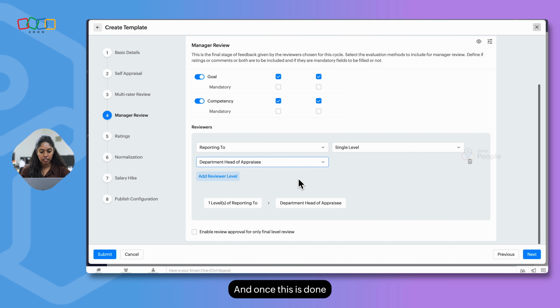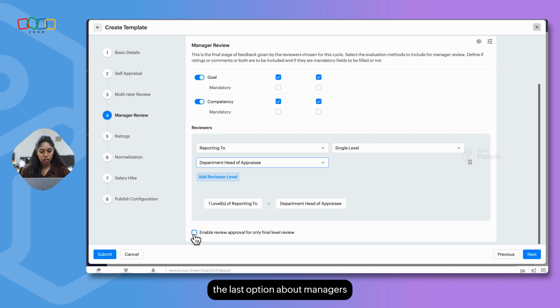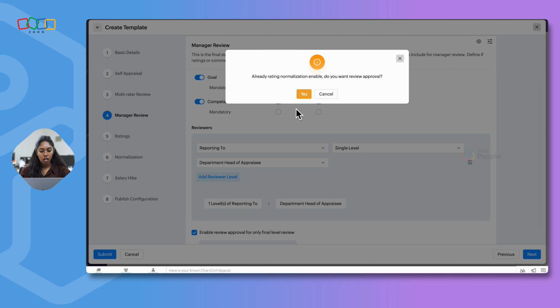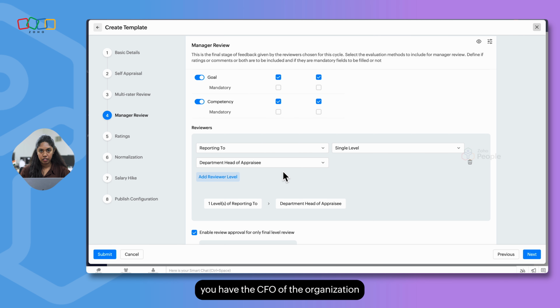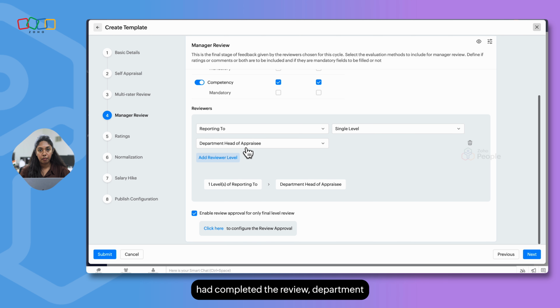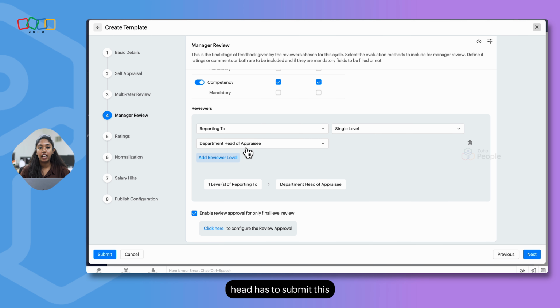And once this is done, the last option about manager's review is enable review approval only for final review. That is, once the department head completes the review, it will be sent for approval. For example, you have the CFO of the organization, and this person will be responsible for approving the review submitted. So as soon as department head completes the review, department head has to submit this review for approval, and the request will be sent to the concerned approver.